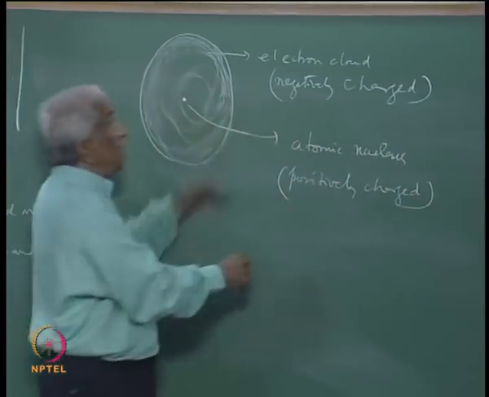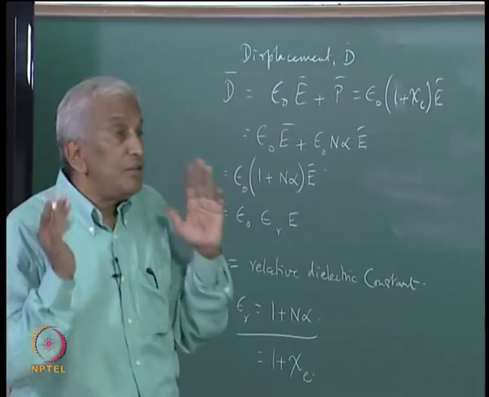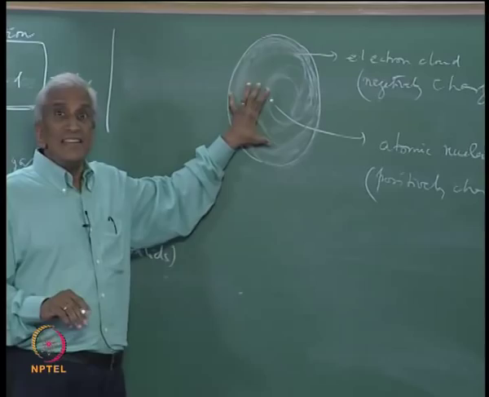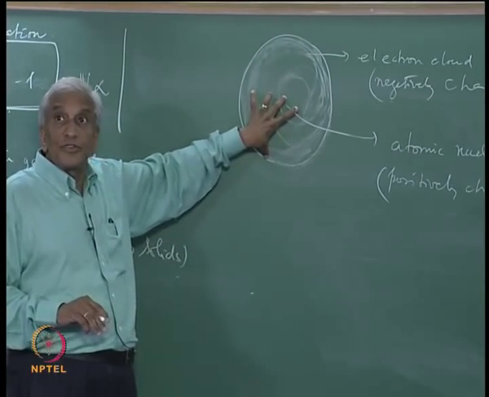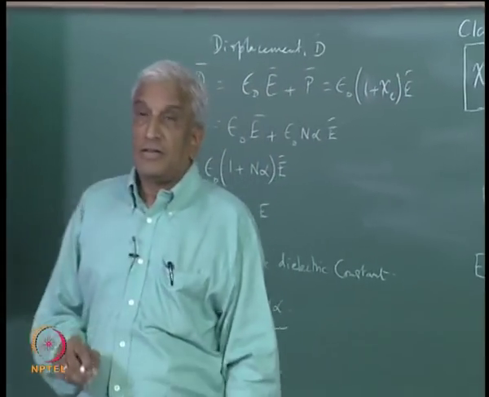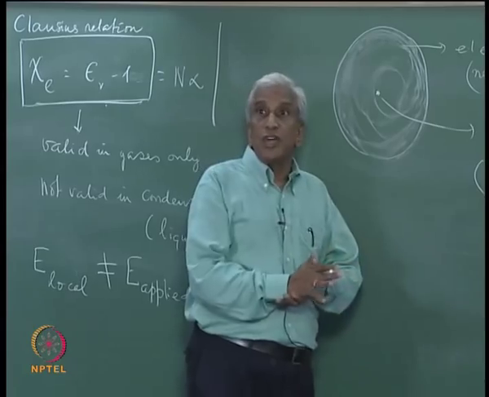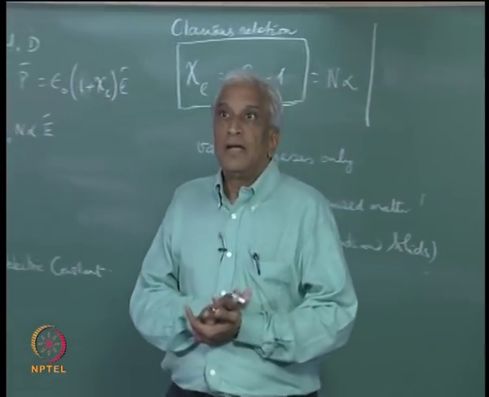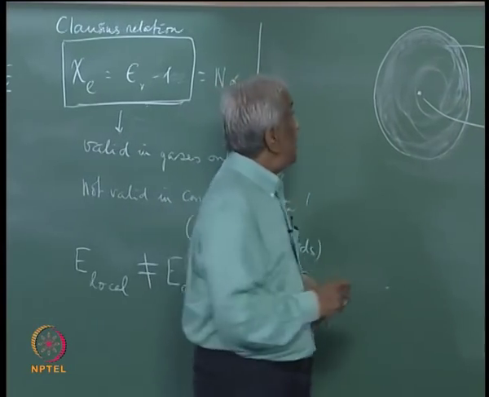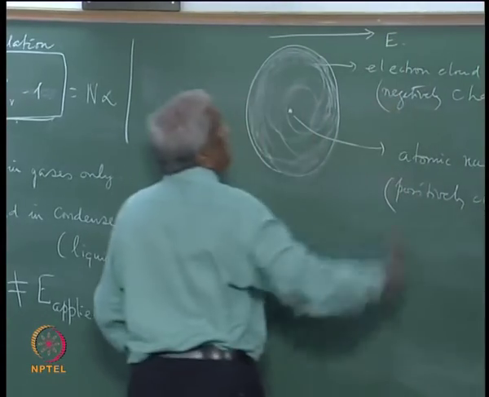And these two are equal, so that the atom or molecule is electrically neutral. So, to start with, the center of this negative charge distribution coincides with the central positive atomic charge. Therefore, these negative and positive charges coincide, and therefore, there is no dipole moment to start with. But when you apply an electric field, say along this direction,